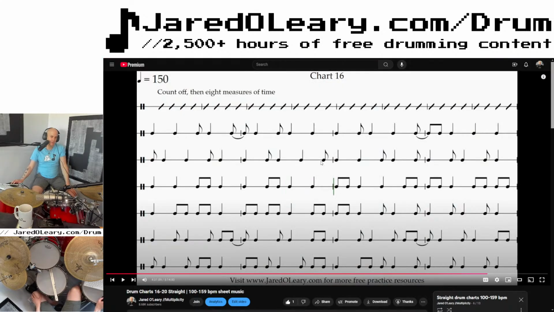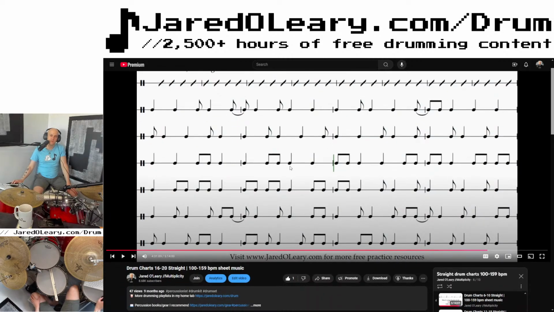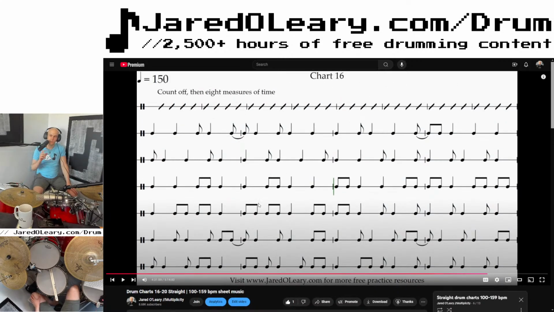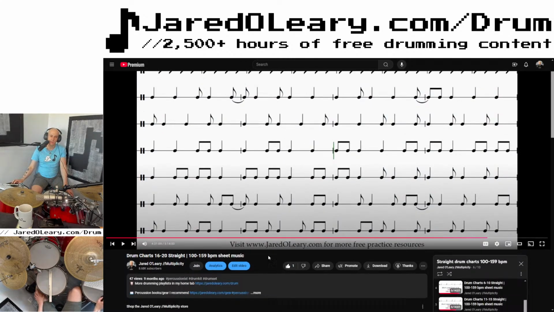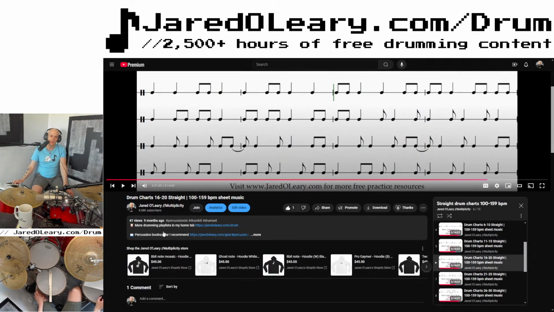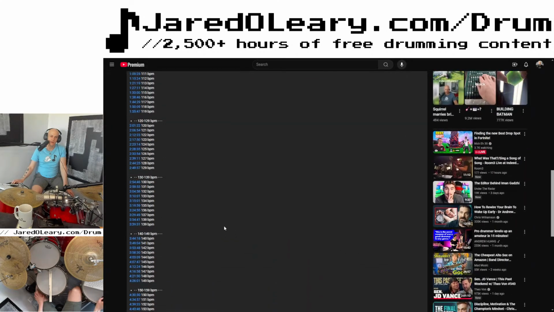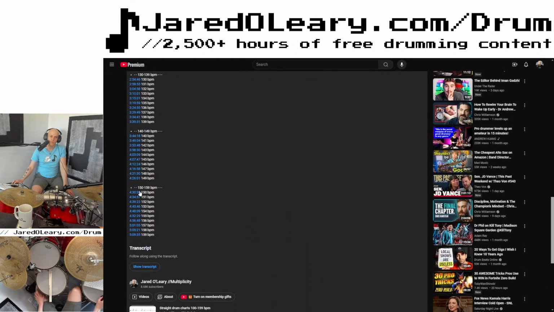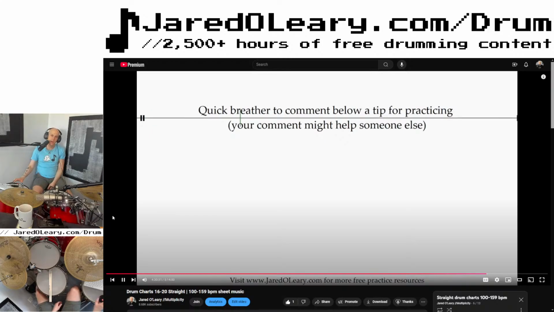Tyler, let's see. Yeah, this is deceptively difficult. It sounds like this would be easy because you're just playing ding, ding, ding, but there's so much space here. And with this particular pattern that I'm going to attempt with this chart again, the phrasing goes over the bar. And so it's very difficult to do.